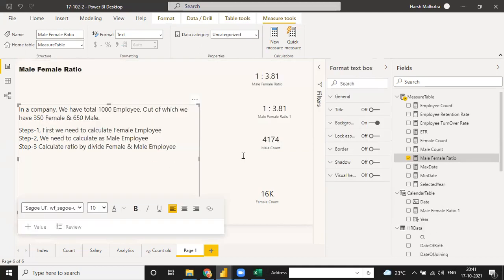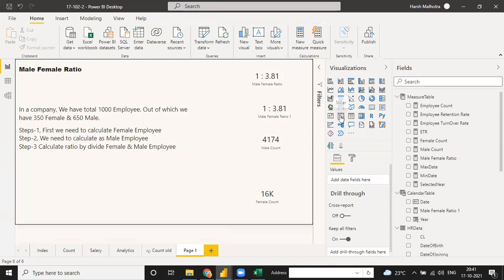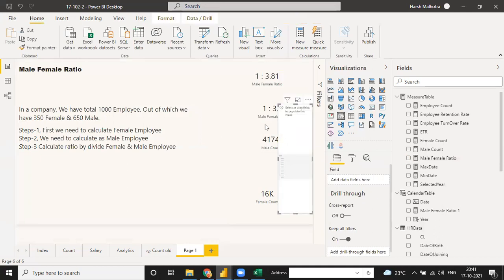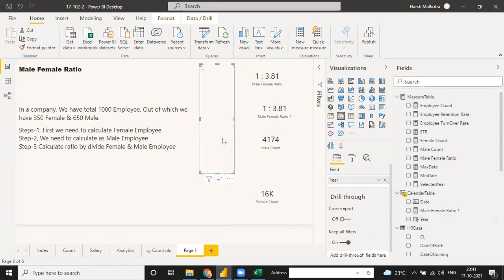For last year or this kind of year, you can just put it here year wise and filter it with year. That will give you the solution for this. Go to this list. Why calculate again and again? Go to 1990, it will give you the ratio for anything. Right now in 1990 we don't have any male and female. Go to 2002, it will give you the complete ratio. 2003, 2004, 2005, for everything you have a ratio.